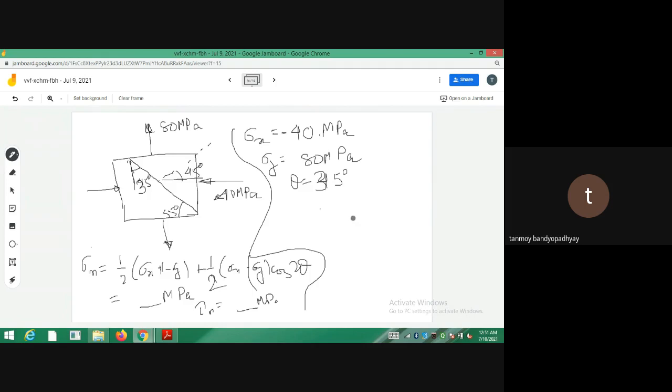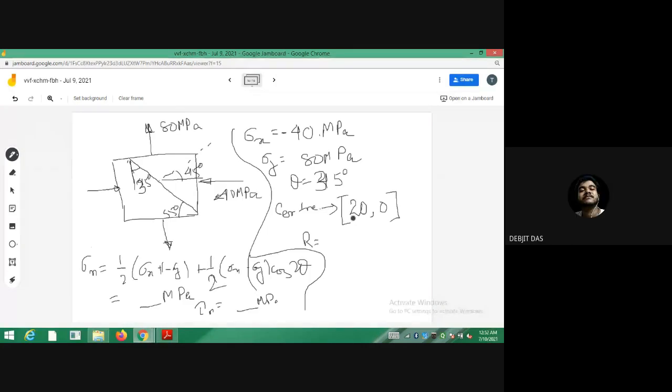Now what is the procedure for drawing the Mohr circle? You find out the center of the Mohr circle. So the center will be sigma average, 0. What is that? Sigma x plus sigma y, 40 by 2, I think. So that is 20, 0. So the center will be at 20, 0. And the radius will be equal to what?